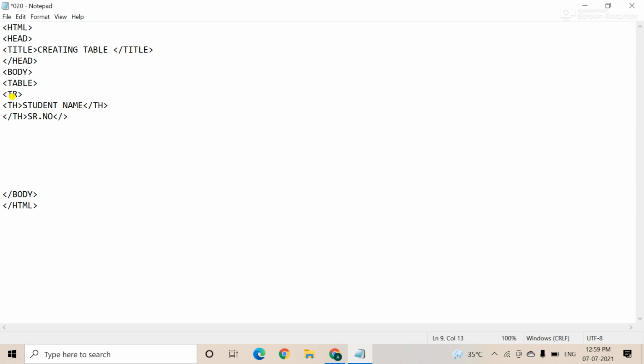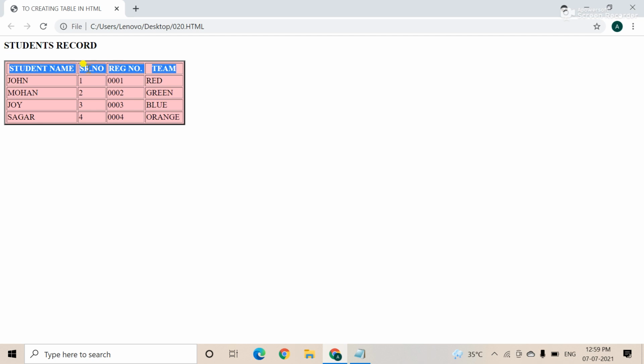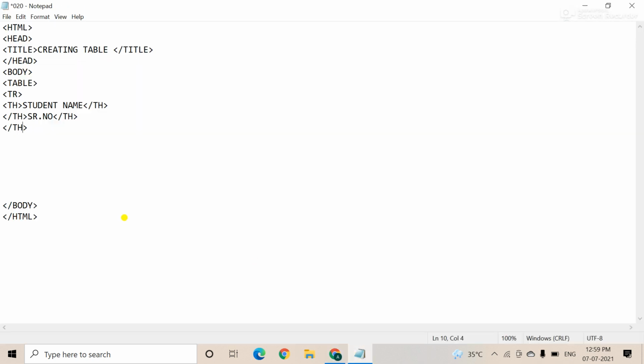Okay, th, serial number, and after this check what the output is. Next is the serial number, then the registration number. So you enter the registration number, the next heading. Okay, next heading, registration number. Okay, close the table heading,